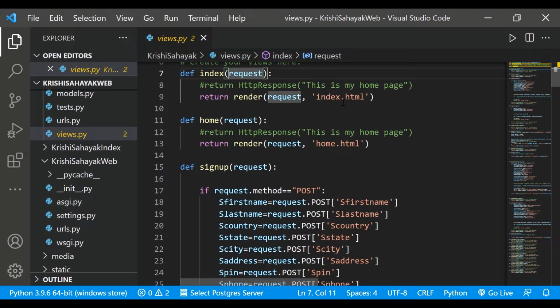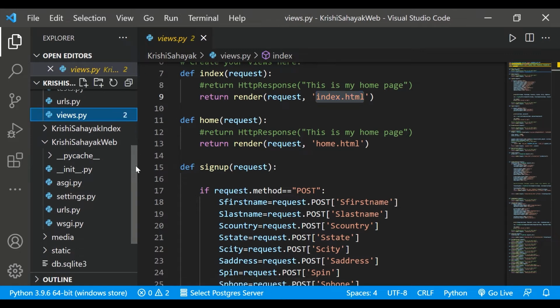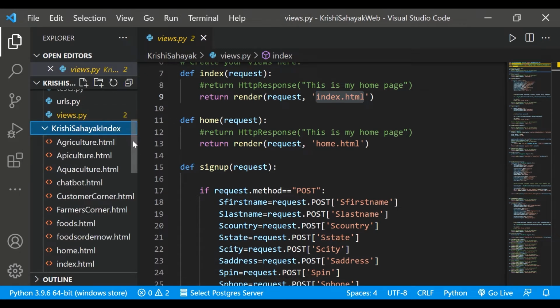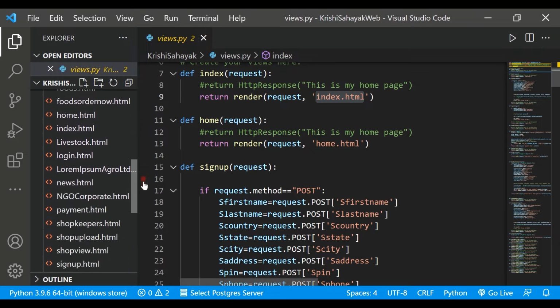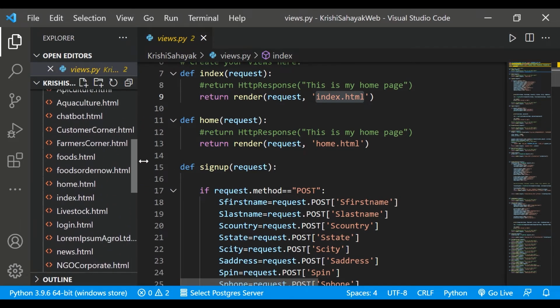What does this mean? When the user has requested this URL slash index, we have to show them this file index.html. Where is this index.html? It is in this Krishi Sahayak index folder. So here I go to index.html.